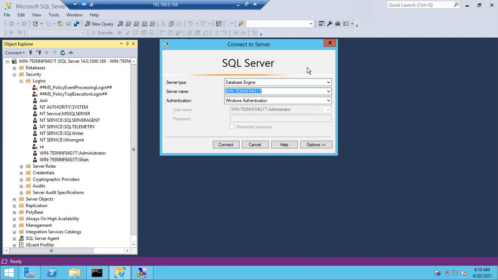Srikanth, yes, one question. Service account is completely different. A login is different. Service account will help you read data from the disk and write data to the disk. That is disk level, OS level. Logins are instance level. Logins are instance level, service account is OS level. So don't get confused here. Service account is totally different, and your login is totally different.